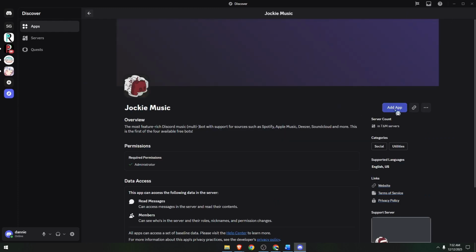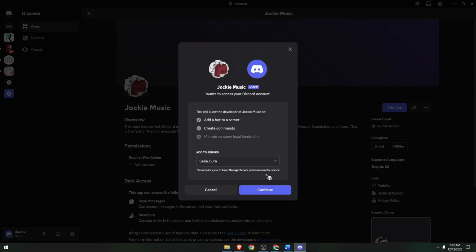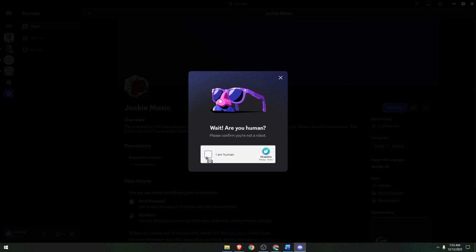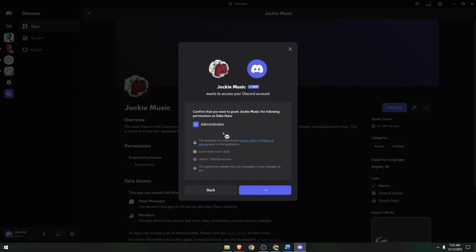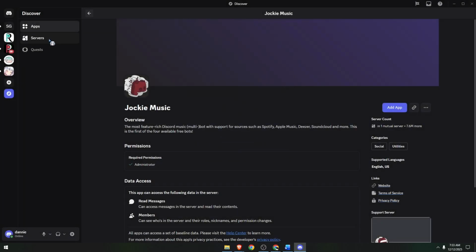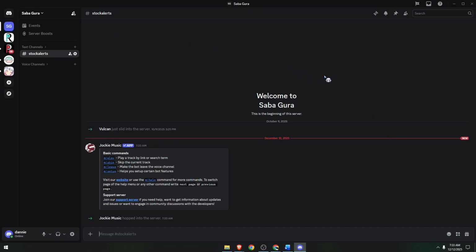Then just click on Add Application. Here, make sure to select the appropriate server and then click on Continue. Then Authorize, and everything should now be good to go once you have confirmed this. So now we can go back to our server and we should now be able to see Jockey Music